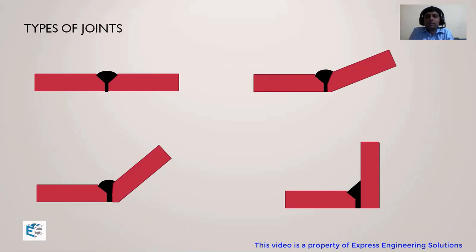We are just starting from the first one. First figure, as we can say, these are two butting members having an angle equal to 0 degree. So we can simply call it a butt joint. I hope all of you have also called it a butt joint. Now we'll move to the second figure. Unless we know the angle with the horizontal, we cannot answer the question, right? So let's say here the angle is less than or equal to 30 degree. As we can see, it is intersecting two planes and it has an angle less than 30 degree. So again, it falls under the definition of butt joint. So that also we can say is a butt joint.